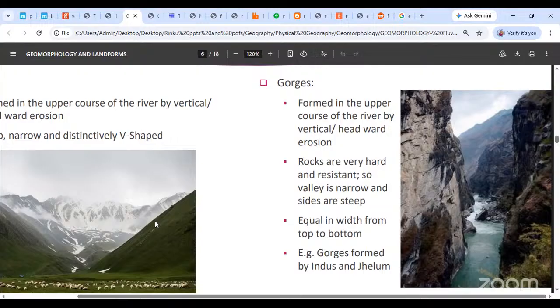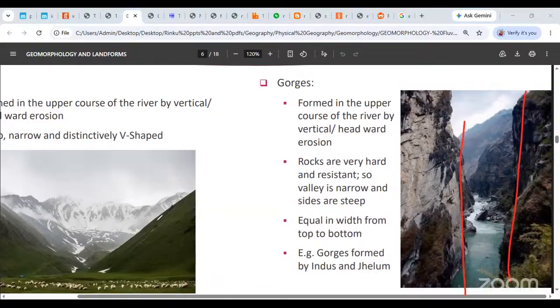ओके, so what happens is the rivers do not try to spread over there. The maximum action of that is concentrated downwards. तो ये valleys बहुत steep होते हैं, बहुत narrow होते हैं और बहुत deep होते हैं. Okay, they're extremely deep, they are very narrow and they're pretty steep. The walls are very straight. Okay, ये जो walls है उस valley से वो सारे straight नजर आ रहे हैं. You can make out, right? They're pretty straight. Okay, so इनको बुलाते हैं gorges.